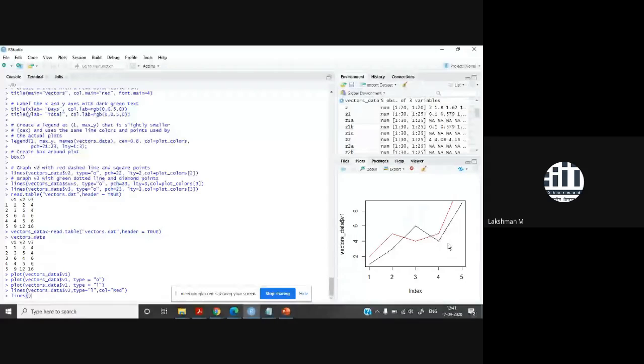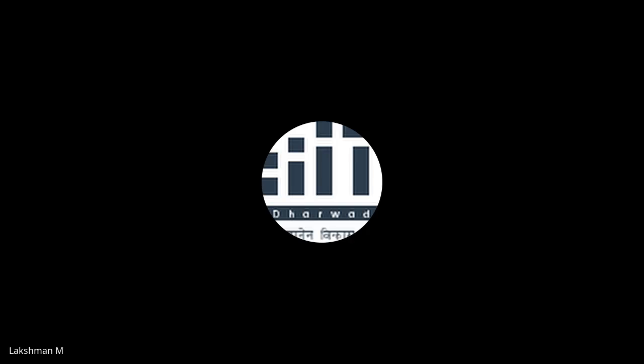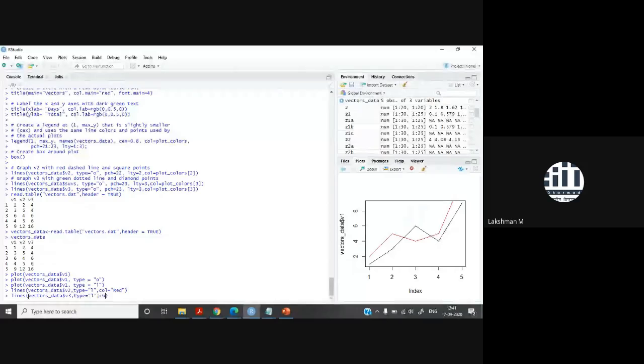So here I mention that I am going to plot v3, the vectors v3. And all the suggestions are coming. That's why it is very helpful. R is very helpful. All the suggestions will come for what you want to take. And it is free, and also gives similar features like MATLAB. Green. You got all the plots.